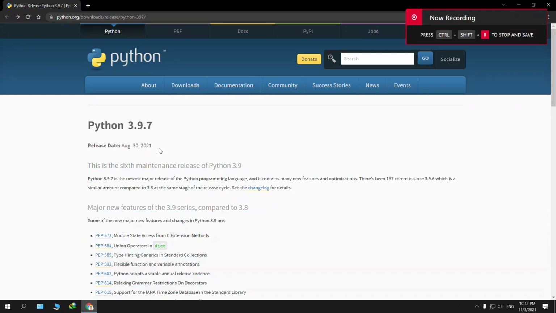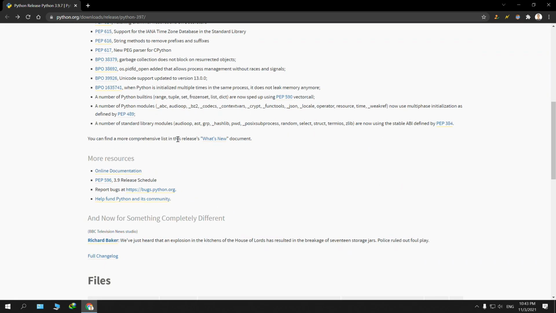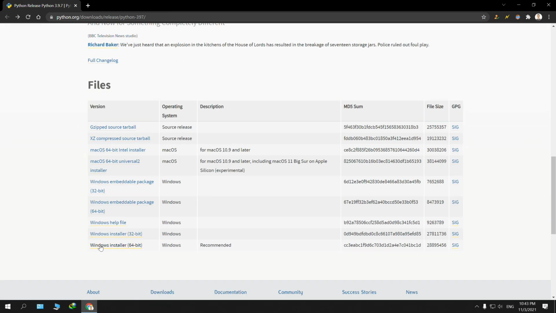If you have trouble installing Kivy, you probably have Python 3.10. Okay, so for some reason Kivy is making issues with this version, 3.10. So what you need to do is download Python 3.9.7. Just press on the Windows installer and